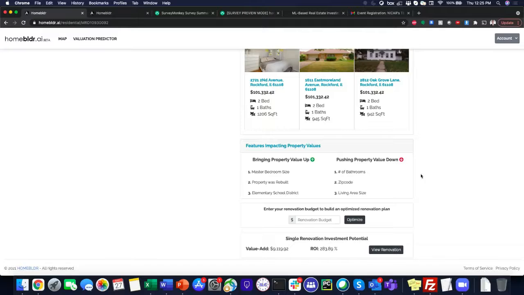Okay. What's bringing the value of this property down? Number of bathrooms. Well, that makes sense. It's a 1-bed, 1-bath property. The zip code. So anytime you'll see in this kind of display for certain properties a zip code, town, county, parish, things like that listed here,